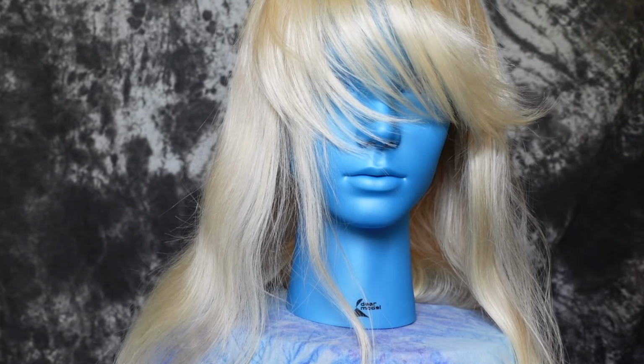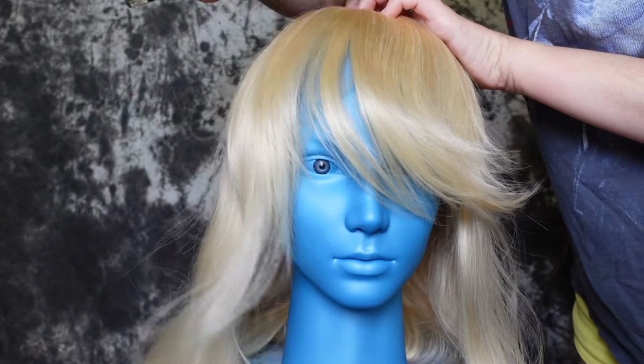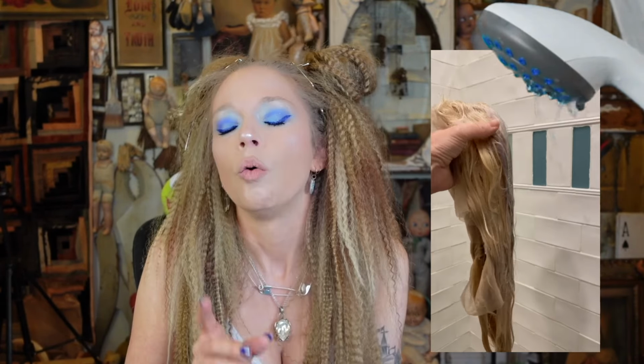This is what the wig looks like fresh out of the package. I'm going to give it a nice little brush through. And I had a stupid idea this time. Every single time I get one of these wigs, it's different. Some of them are a little more brassy, more yellow toned. They're always bleach blonde enough that you can easily dye them whatever color you want, but some are pure platinum bleachy blonde, and some are a little more yellow. So I got the brilliant idea this time to pre-shampoo it